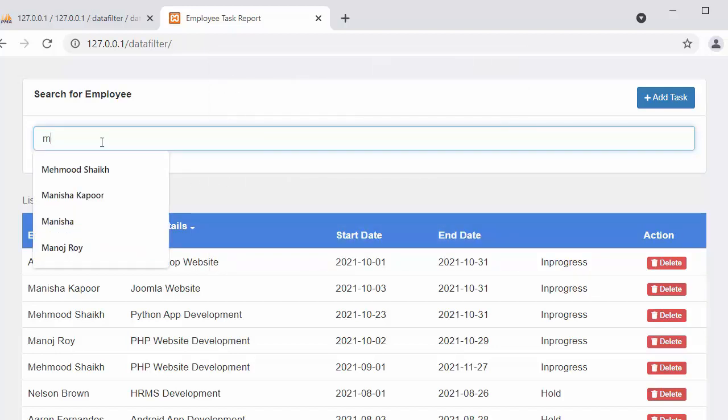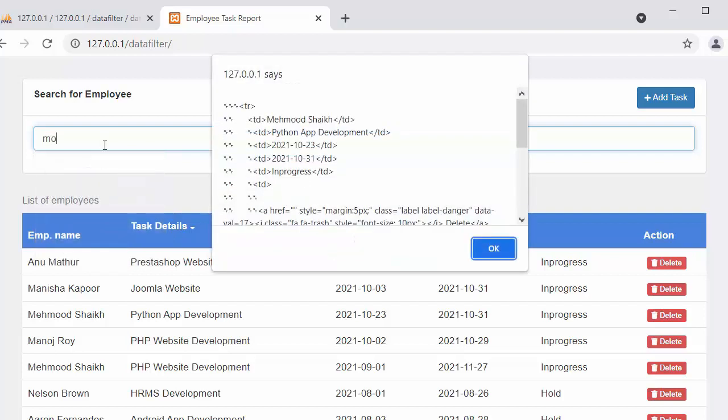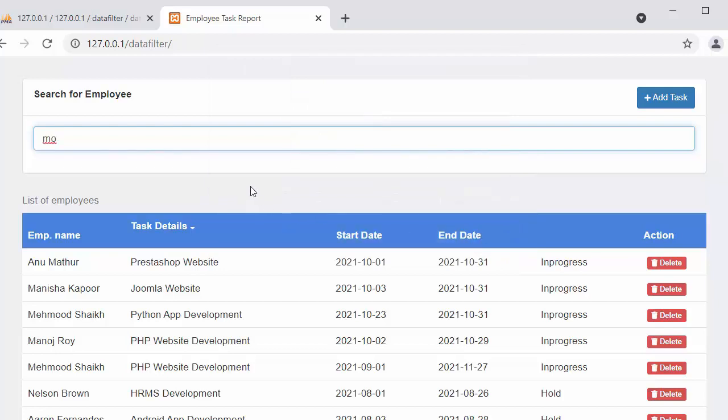Okay, I will type M O. Okay, so now you can see it's returning a record which has letters MO in their employee name. Okay, so now that means we are successfully fetching the details from the MySQL table whenever the user enters any letter inside this text box.